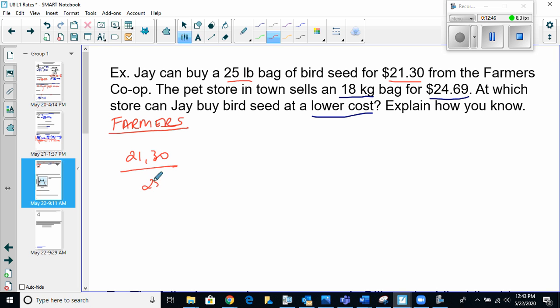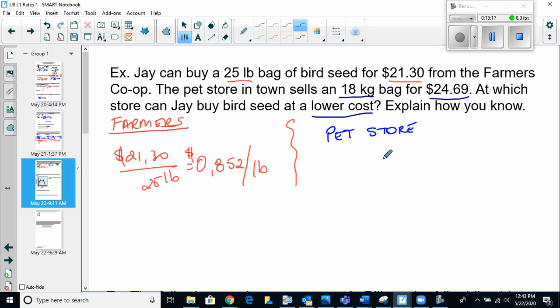$21.30 over 25 pounds, so 21.30 divided by 25 is 0.852 dollars per pound. And now at the pet store,